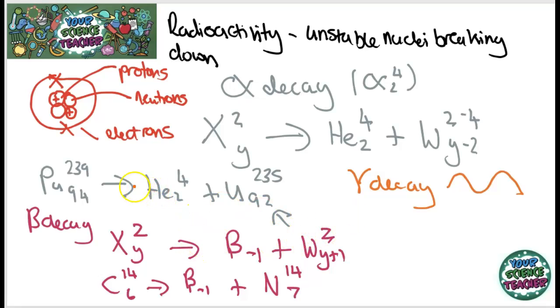So if I look at some alpha decay, maybe from uranium-235, that is an unstable isotope. So let's have a look at uranium-235 undergoing gamma decay, and all that's going to come off is, I'm going to still have my uranium-235, but I'm also going to have some gamma radiation.